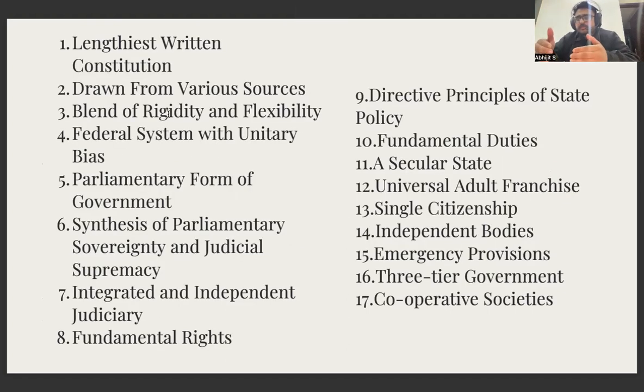Now, according to the book on Indian polity by M. Lakshmikant, there are 17 salient features associated with the Indian Constitution, which are: one, that it is the lengthiest written